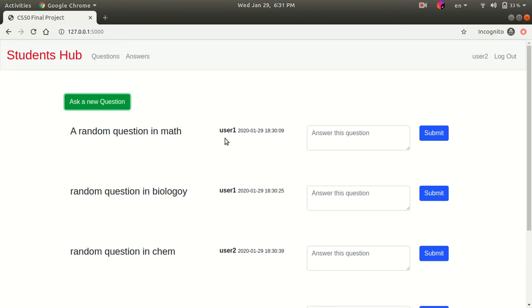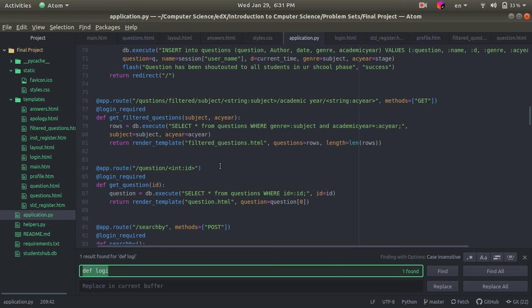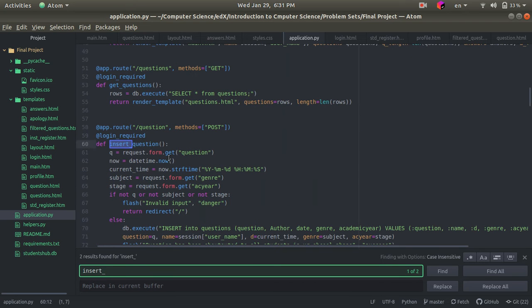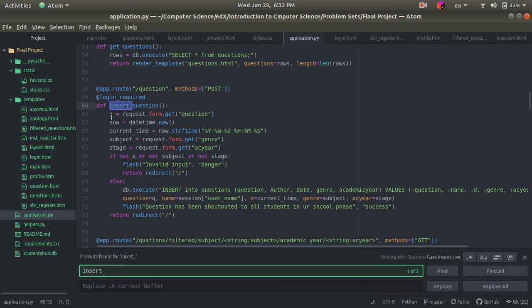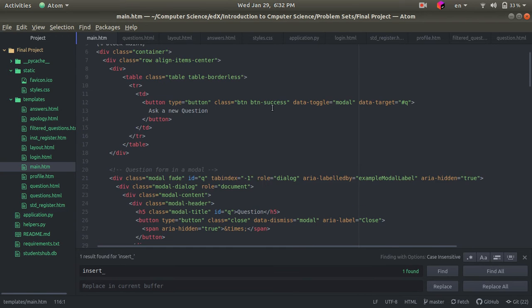Okay, ask a question, here in the function insert question. This takes the question from main.html. This is ask a new question. It opens a modal